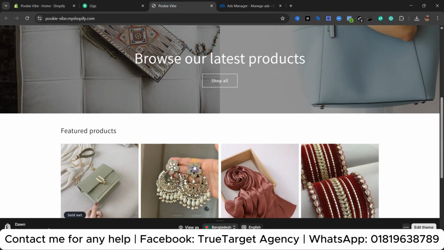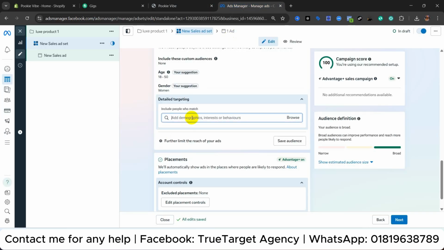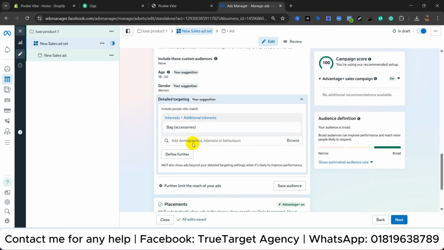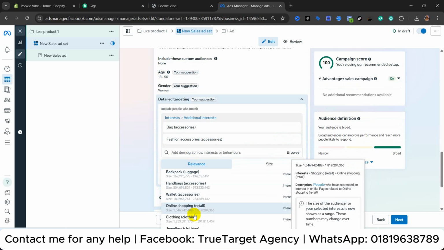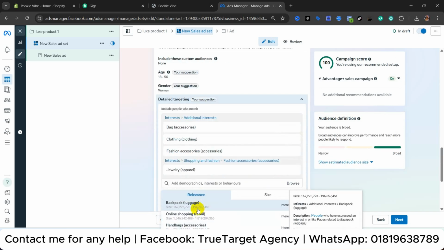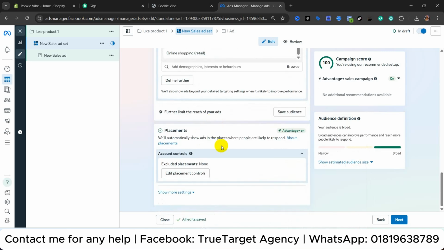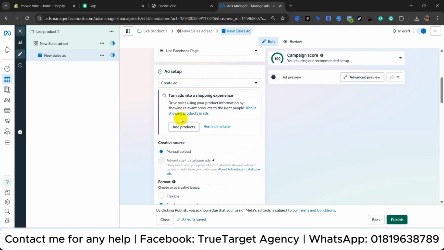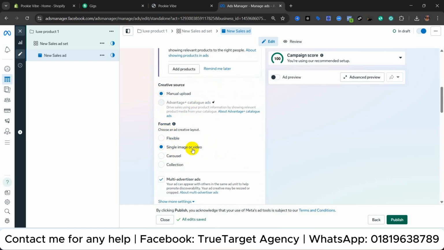It's an e-commerce website. I search here shopping. I search here bag. Okay. Then fashion accessories, clothing, jewelry, online shopping. That's it. Then click on next. Okay, select your Facebook page, ad setup, create ad, manual and format: single image or video,